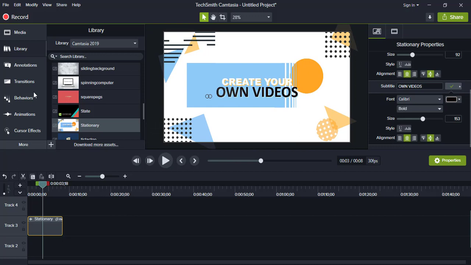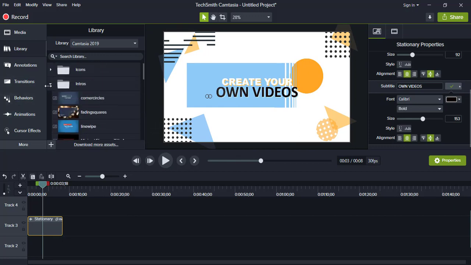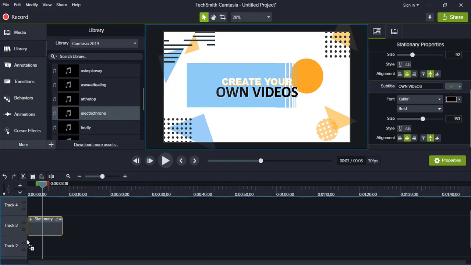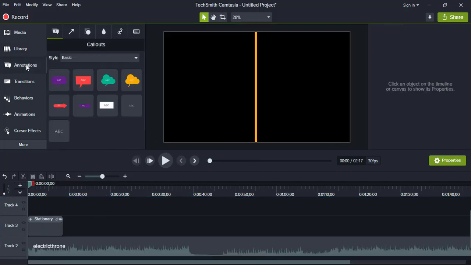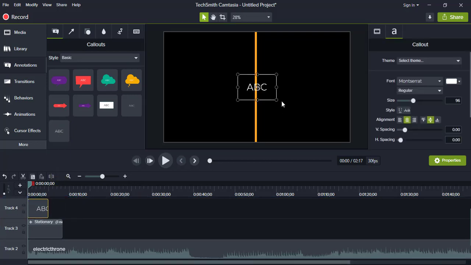Okay, now if you want to add music, I have already shown you in my previous example that you can add by importing also. For this one we will just choose from here, and you can double click on it and just listen to it and use it as per your requirement. As of now I'm using this electric one. Just drag and drop again. I'll just quickly show you. If you want to add text, you have to again drag and drop and just write here.